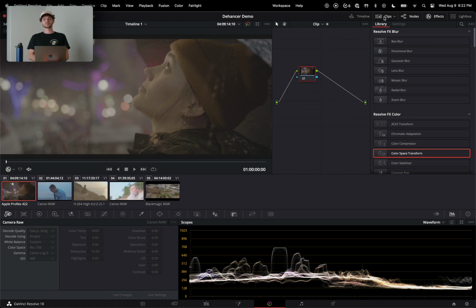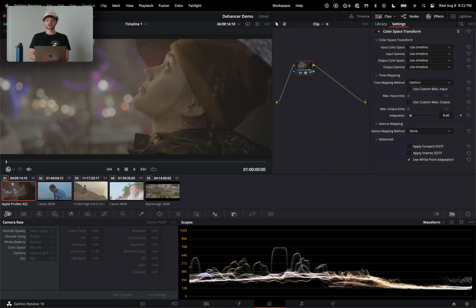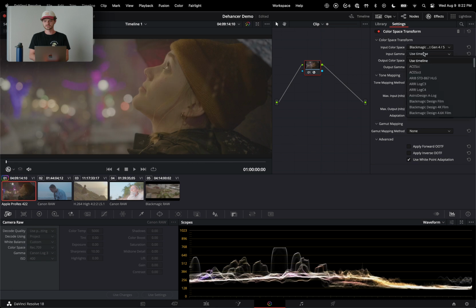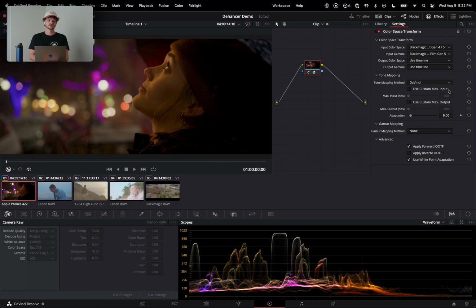This first one was shot in ProRes, so we actually have no control over some of these options before we get to our nodes, but that's totally okay. Right about here, if you like using LUTs to get to Rec 709, you can totally feel free to do that. I'm going to use a color space transform, and usually I do. So this was shot, let's do Gen 4.5, and this was shot with film Gen 5. Okay, so this gets us to Rec 709,